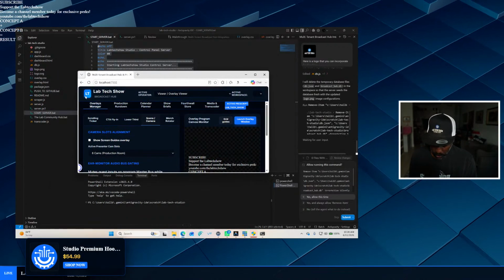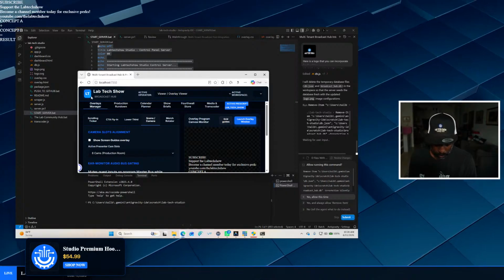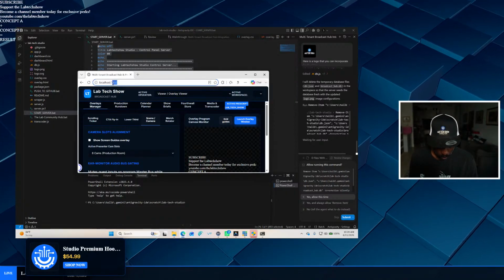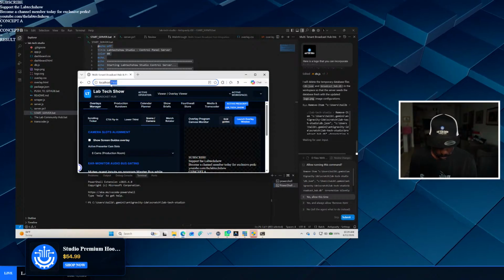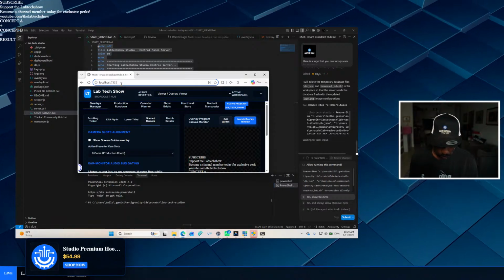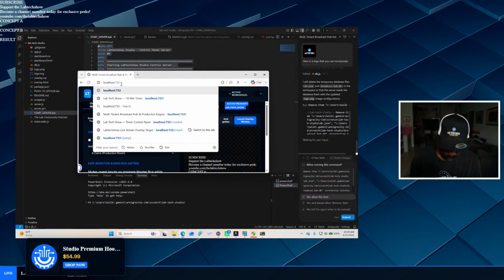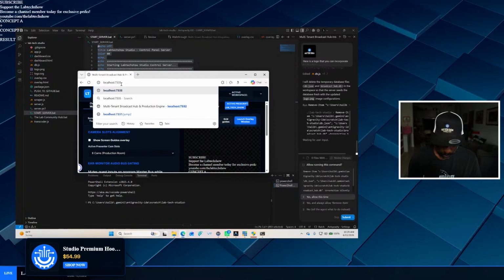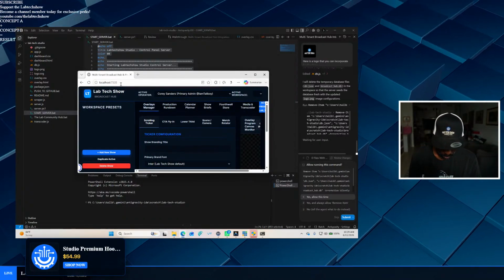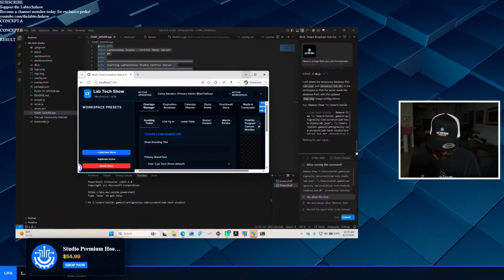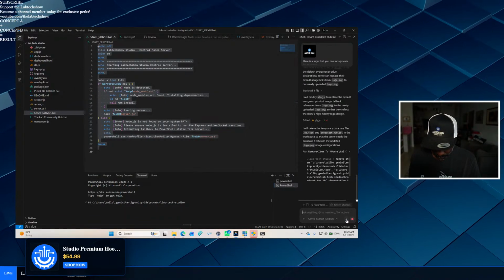It says LT. Well, I gave it the new logo. Because remember, it's on localhost 7332. They said type in 7335 and see what we have. Okay, so it changed it to 7335.